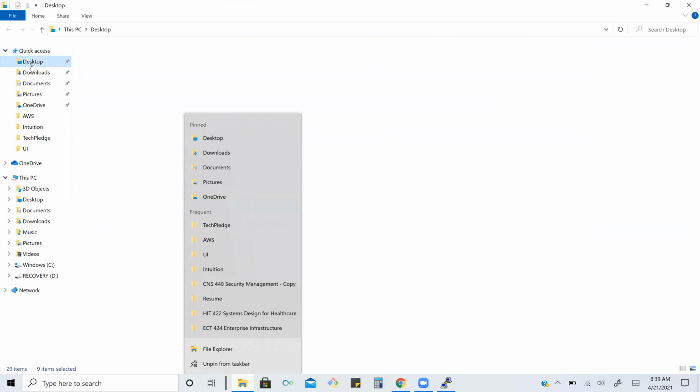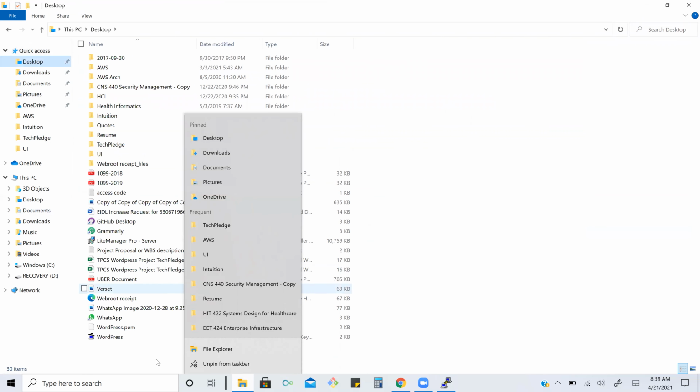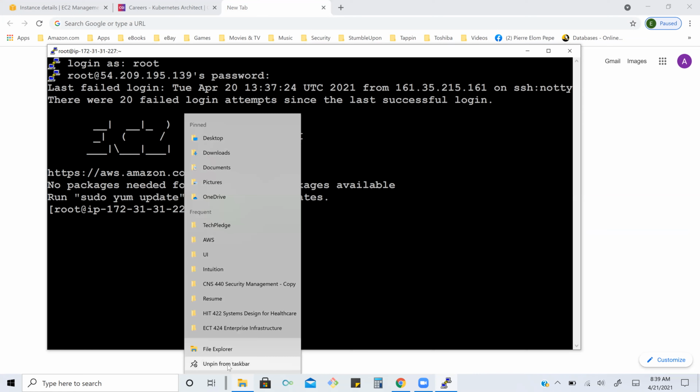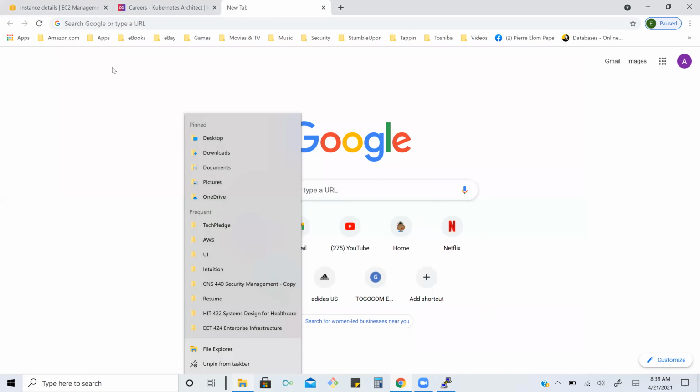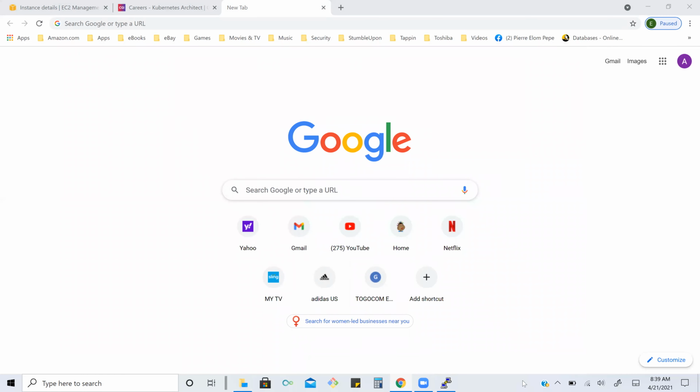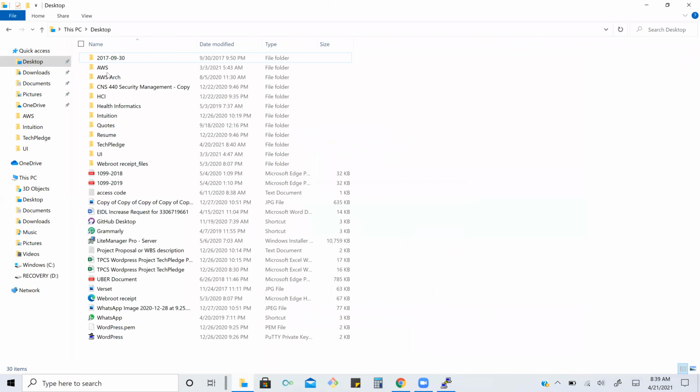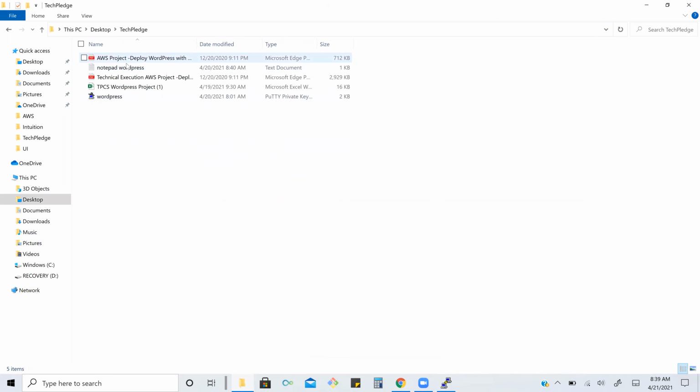I think I'm able to see directly here. So first open a notepad. Okay. And then the lab manual also, one by one.